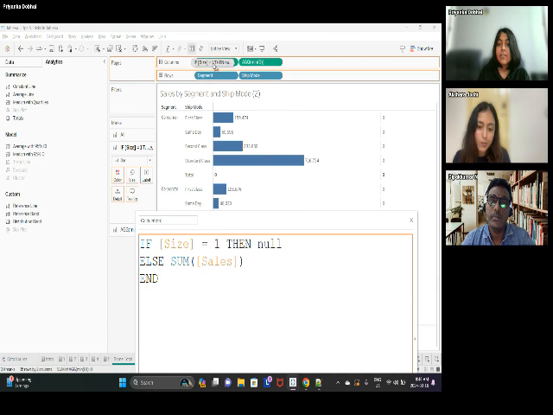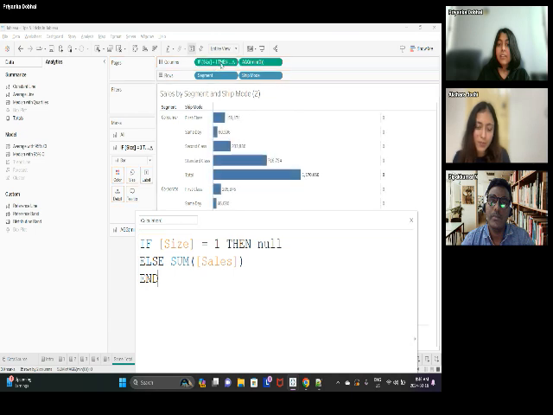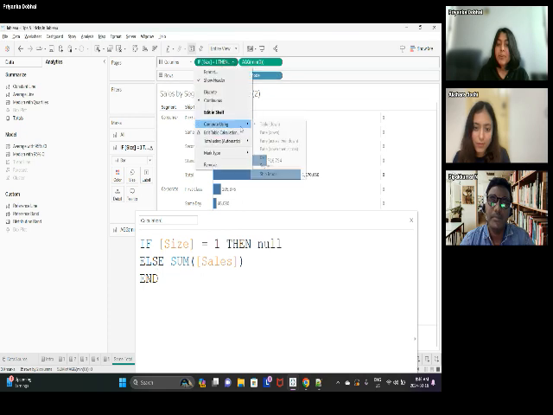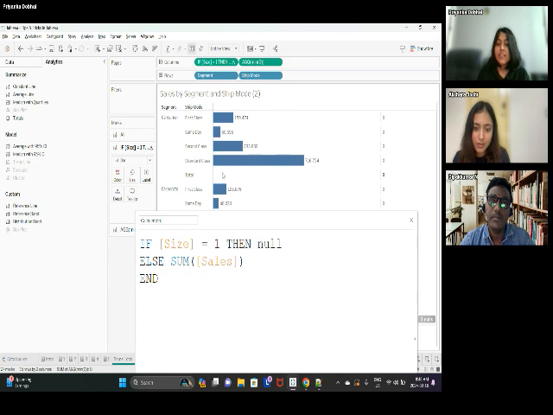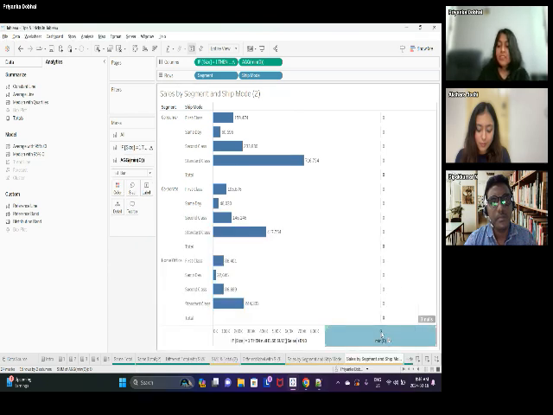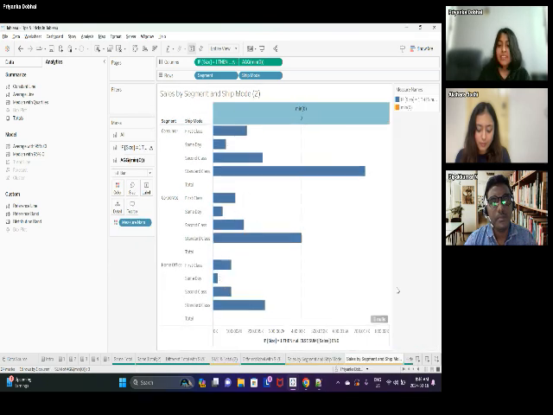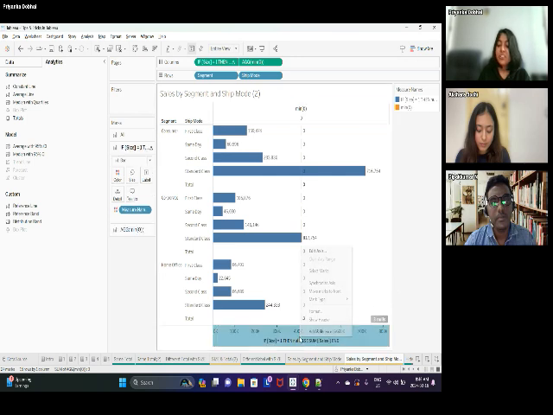Okay, looks like Tableau is not letting me replace it. Okay, yeah. Again, compute using pane down. The reason I changed it to null is because I don't need to see any value at all. I want to just hide that 0 itself, so that's why I went with null. The next thing that we have to do is right click and do a dual axis and also synchronize the axis because we have to put them side by side.